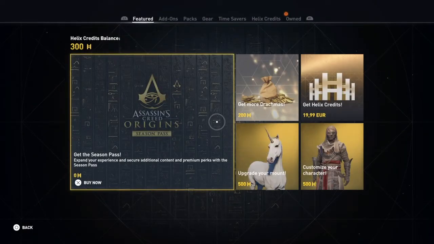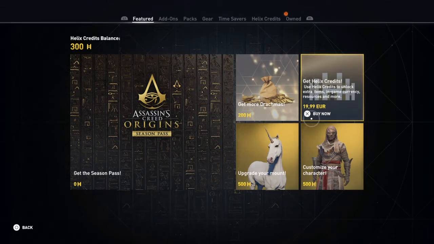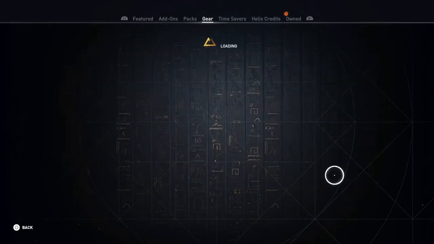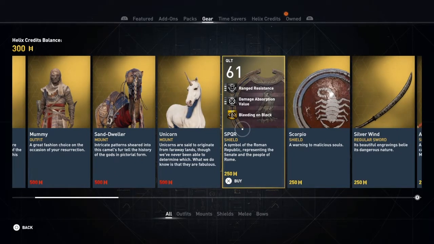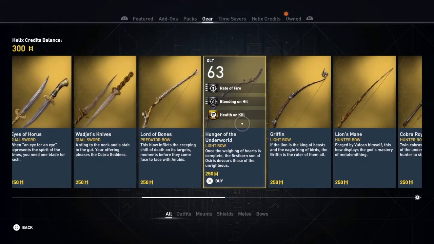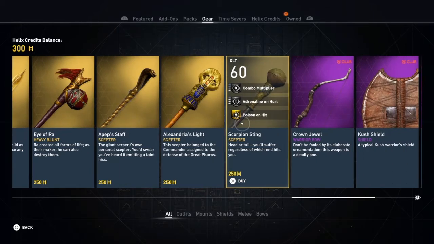Here in the store you can buy some things like more money, you can get Helix credits, customize your character or your mount. I'm going to show you the character. If you have Helix credits, you can buy or trade for outfits, mounts, but you will be interested much more in weapons to have a better gaming experience, if you think so. As you see here, you'll have shields, weapons, bows, long weapons, scepters, spears,